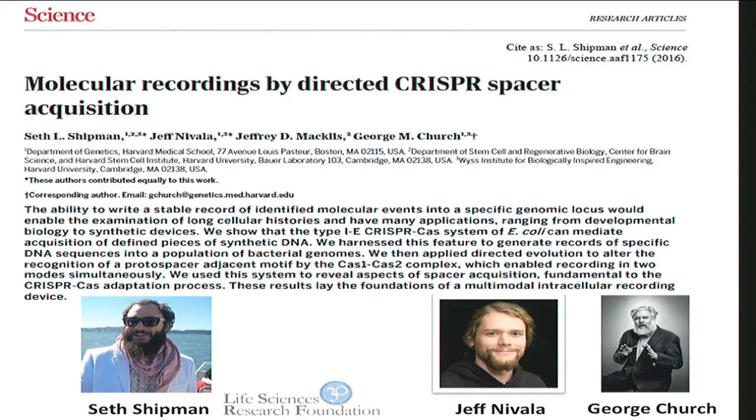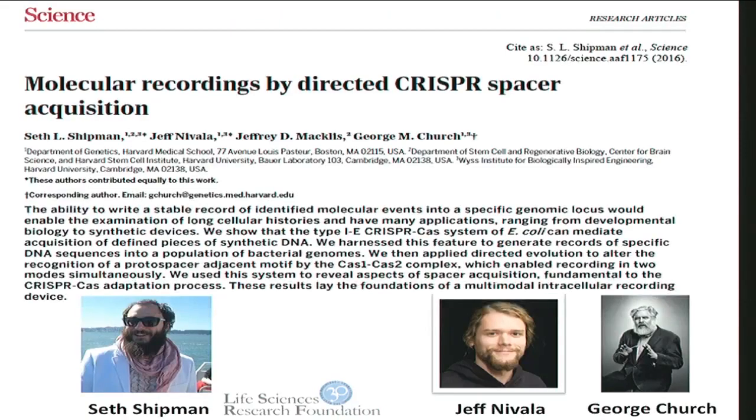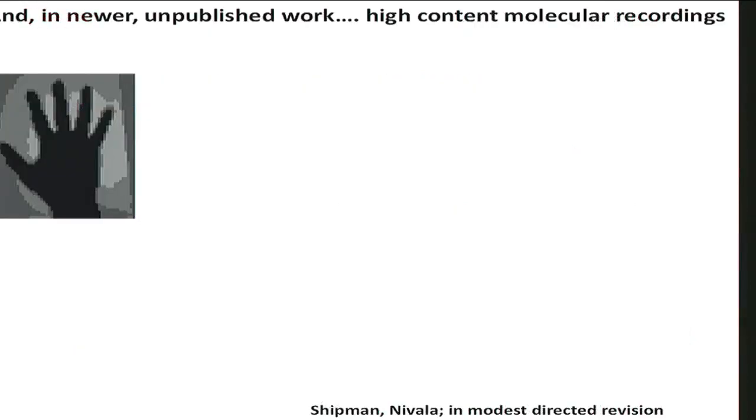So without going through the data, Seth and Jeff were able to optimize some PAM sequences and use not the CRISPR editing side, but the adaptation side of the CRISPR Cas1 and 2 to put in oligos and have them linearly placed into sequence to tell us a history of, in this case, arbitrary events that we told bacteria that they might have encountered. In a next step that we hope will be published soon, they've gone for higher content molecular recordings,